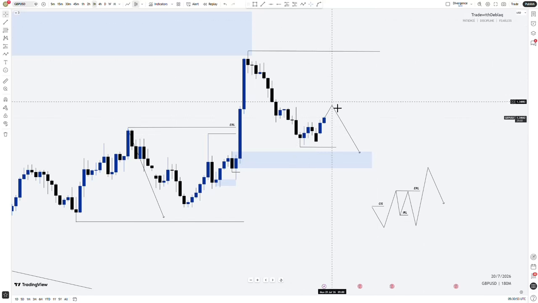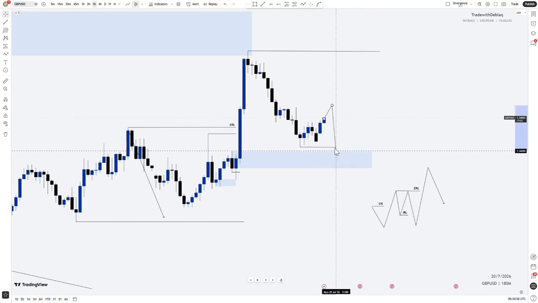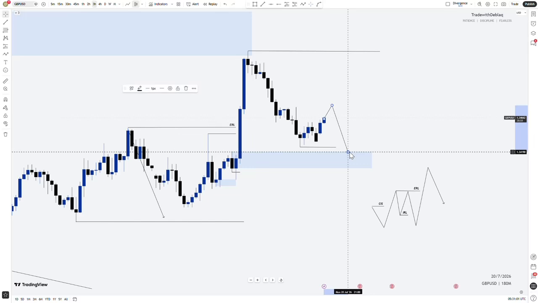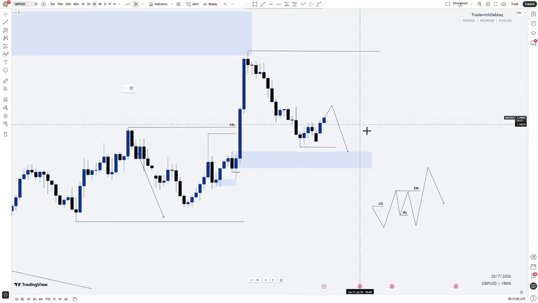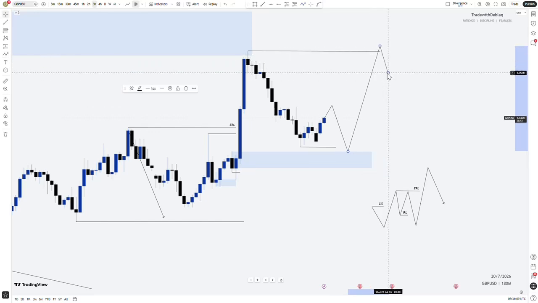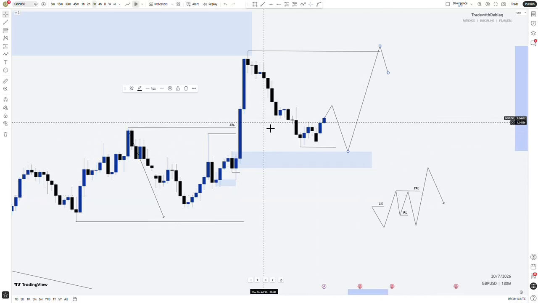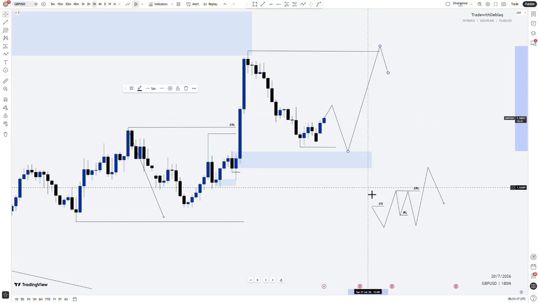So what I will be expecting now, I will be waiting for price to take out this internal range liquidity, then I can start looking for buys till I take the external range liquidity out. So that's basically it for this analysis on GBPUSD,